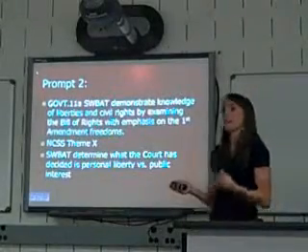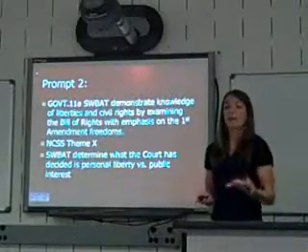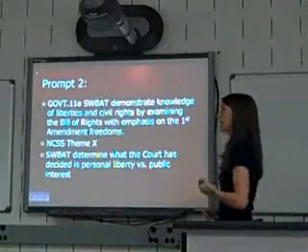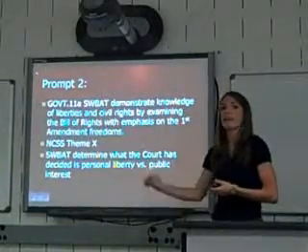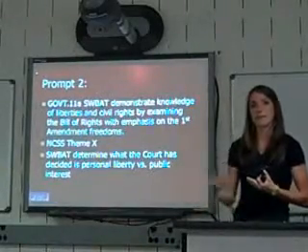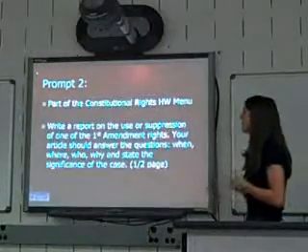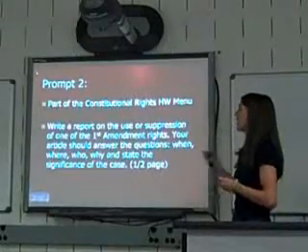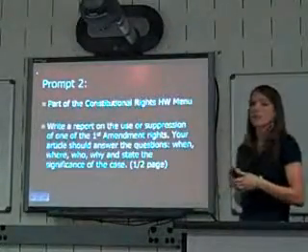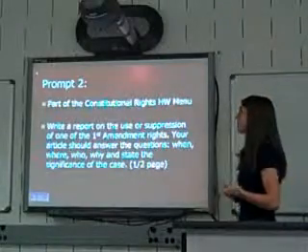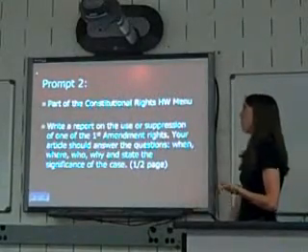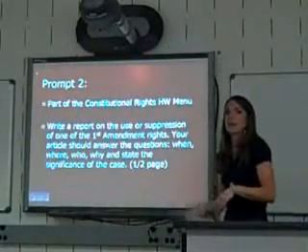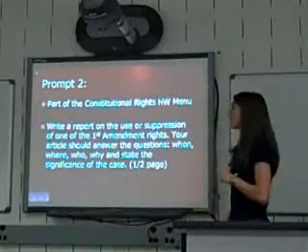This time, we modeled it in class, because I got a lot of these mini reports, so I wanted to show them, okay, this is what a news article contains, it has a headline and different things like that. So we did discuss it a little more in depth, and I modeled it. It was part of another homework menu for constitutional rights, and the prompt stated that they were to write a report on the use or suppression of a First Amendment freedom. Again, I told them to answer the questions when, where, who, why, and then state the significance of the case. And this time I gave them a page limit, half a page, just a short, concise report.